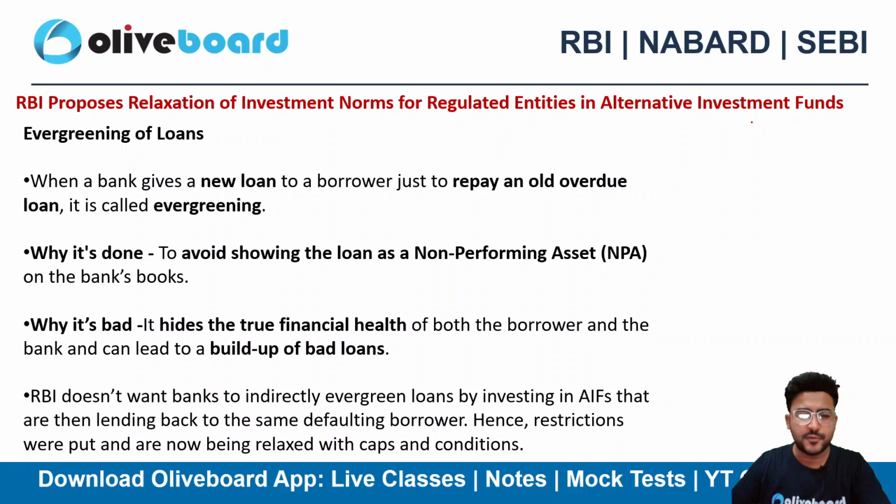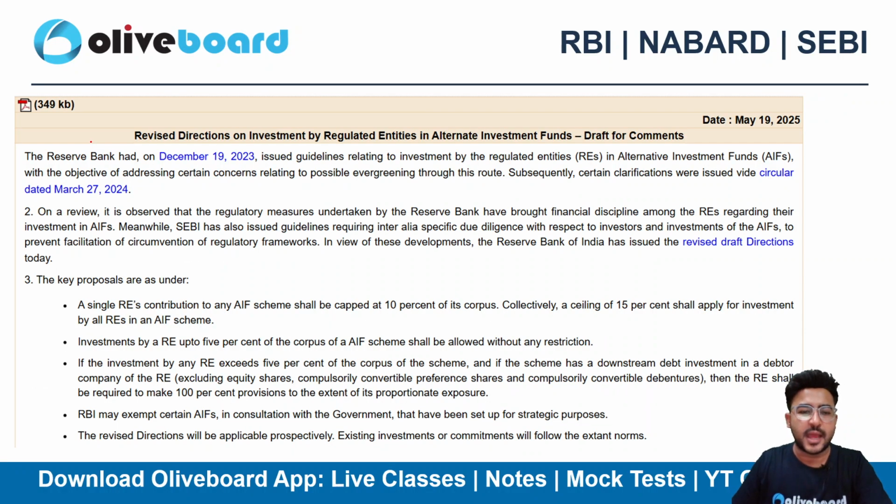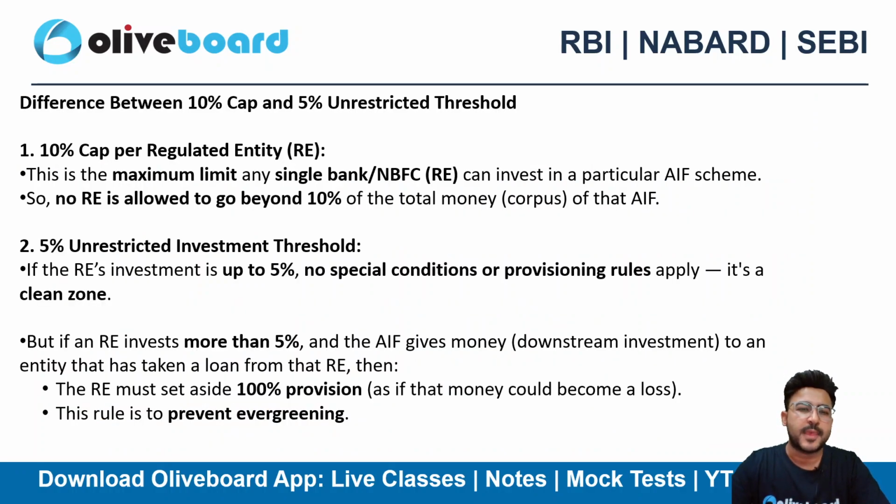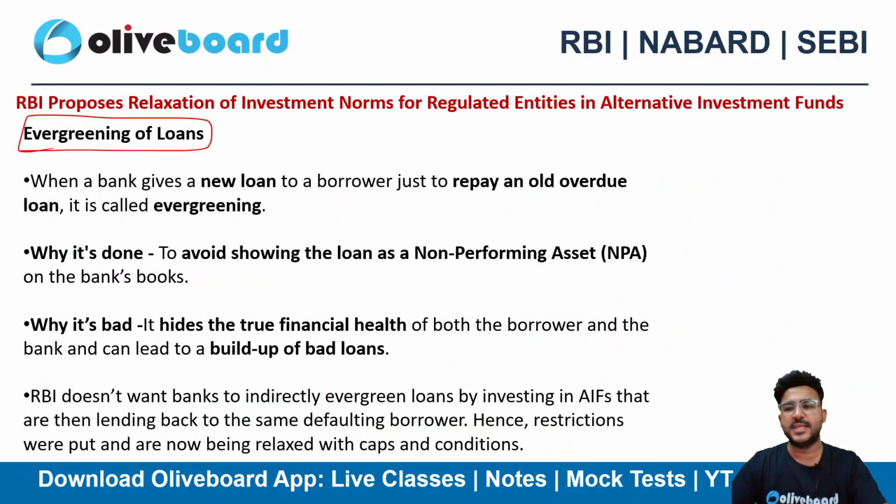It's very, very important for your examination. I have given you the complete meaning of evergreening of loan, right? I have already explained these terminologies, like what are convertible preference shares and what are compulsory convertible debenture instruments, and I have given you these limits as well. So please do remember this particular circular, very, very important. AIF is also regulated by SEBI, right? SEBI regulates it, and it is related to both regulated entities and AIF. That's why this particular circular is very, very important, because it's a regulation by both SEBI as well as RBI.